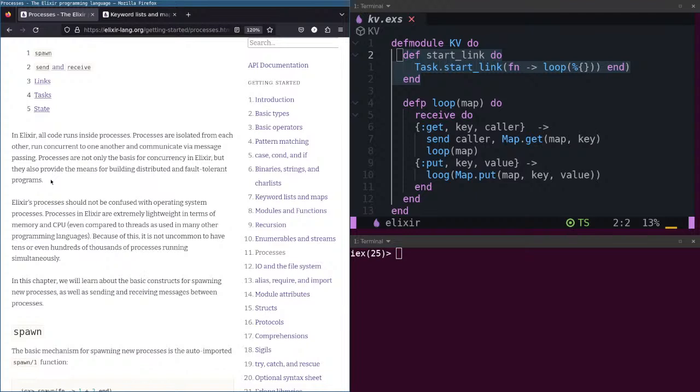Lightweight in terms of memory and CPU, if you compare them to threads as used in many other programming languages.